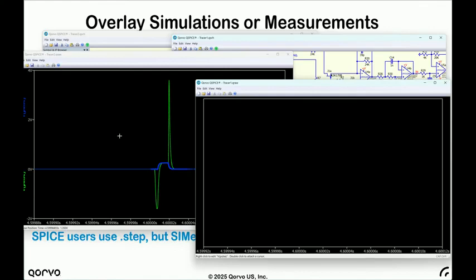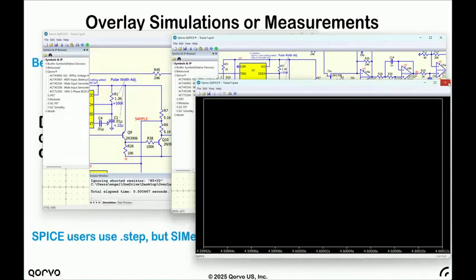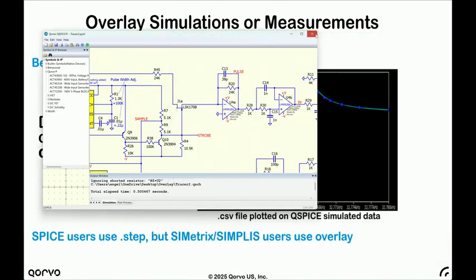They're completely unrelated things. So you have dot step, and the dot step thing came historically from the fact that that was the only way you could get all of the waveform data in the same address space. Well, QSPICE supports an arbitrary number of address spaces. And one of the big things about this also is, say you want to